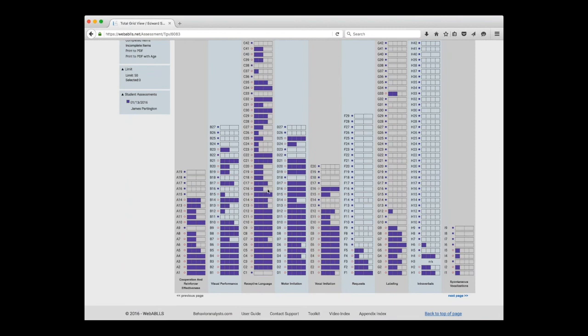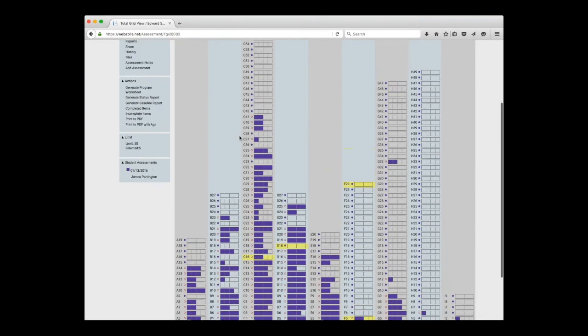So I'm going to grab C16, which is select one of 6 objects on a table. I'm also going to select D18, which is touch objects in sequence following a model. I'm also going to pick for him the ability to mand with an item present, or ask for things that are present, and also to spontaneously request items that he wants, as well as I want to develop his ability to label items, common objects that he sees. So I'm going to click those objectives or those tasks for him.